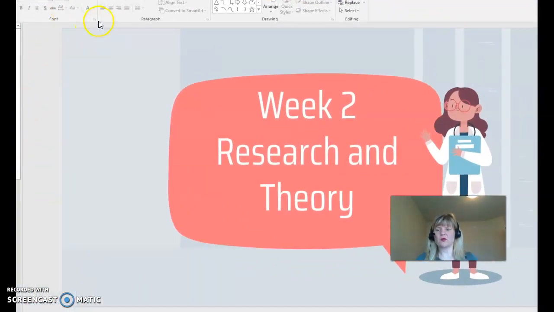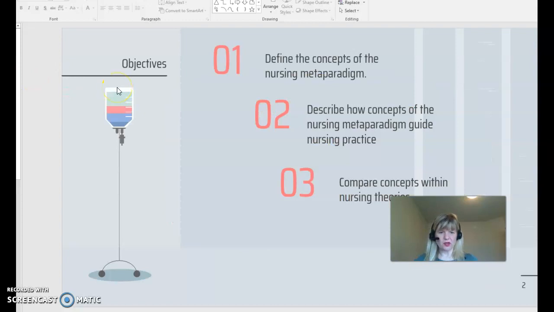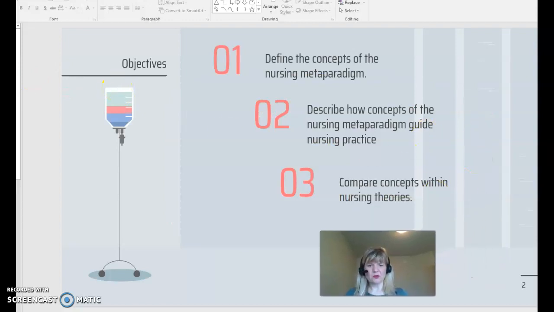Okay, so week 2, Research and Theory. The objectives of the week I took right from your course. And we talked a little bit about the concepts of the nursing meta-paradigm week 1. So, for example, we talked about Watson's theory of caring and those different Caritas processes that she has that define her theory. Those would be the concepts. So, describe how the concepts guide nursing practice, which we're going to talk about in your assignment, and then we're going to compare concepts within nursing theories, and you're going to do all 3 of these things with the assignment